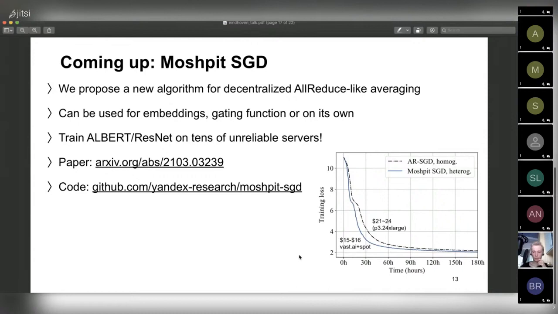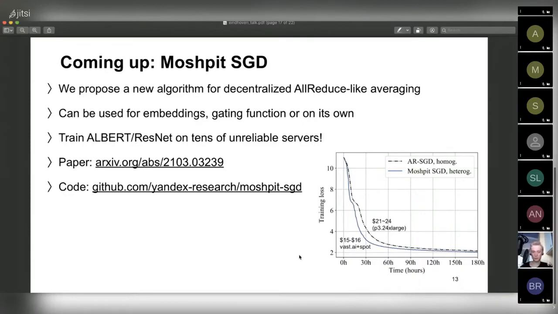So in a new paper, which is called Moshpit SGD, we proposed a new algorithm for decentralized averaging of parameters. So it's like decentralized data parallel training, right? It can be used for embeddings, for the gating function if you're running this mixture of experts training, or even on its own. So basically, in our experiments, we've shown that it's possible to run training for models like ALBERT Large,